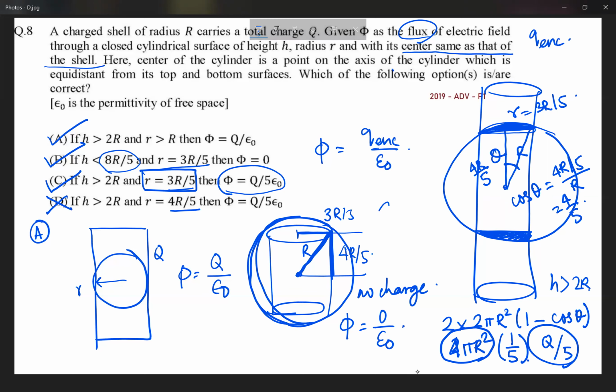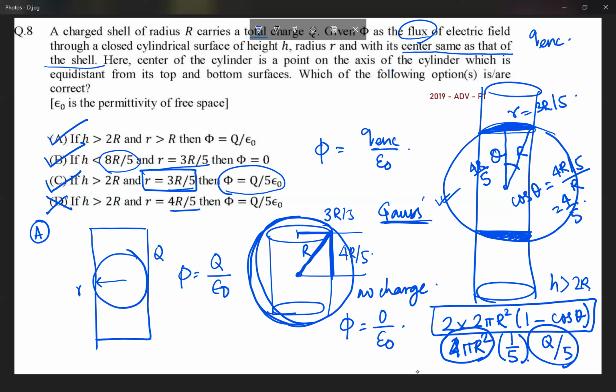All right, so this is a question about Gauss law. In Gauss law, we know that the flux through a surface depends on the enclosed charge. So basically, to solve all of these options, simply apply Gauss law. Normally, we do not need an integration, but in a case like this one, it helps to know the area of a sphere to a particular angle theta. So if you know the area, you can directly find out the result.